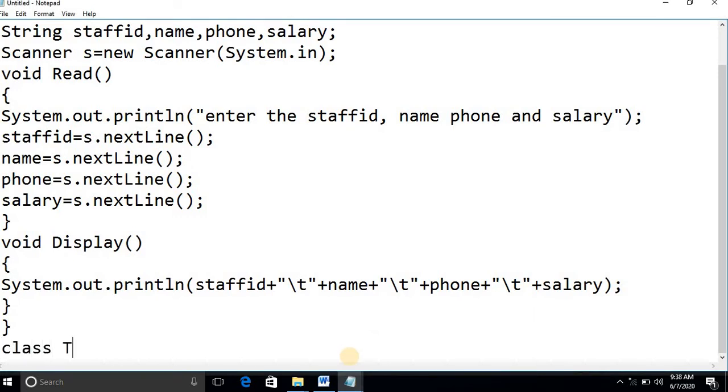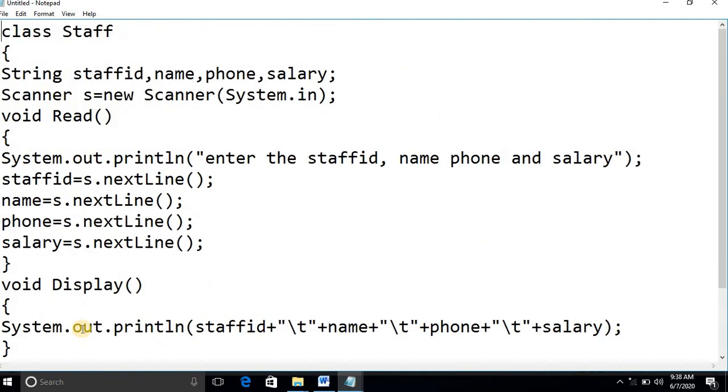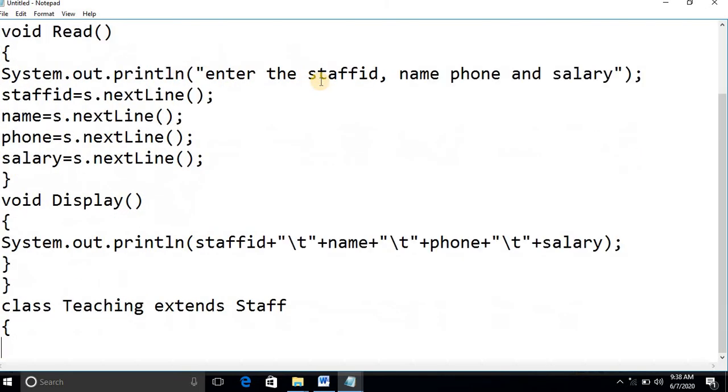Class Teaching extends Staff. Because Teaching is a derived class, whereas Staff is a base class, we are inheriting the features. So now you see that since teaching staff is also a staff, staff ID, name, phone number and salary will be a part of this.